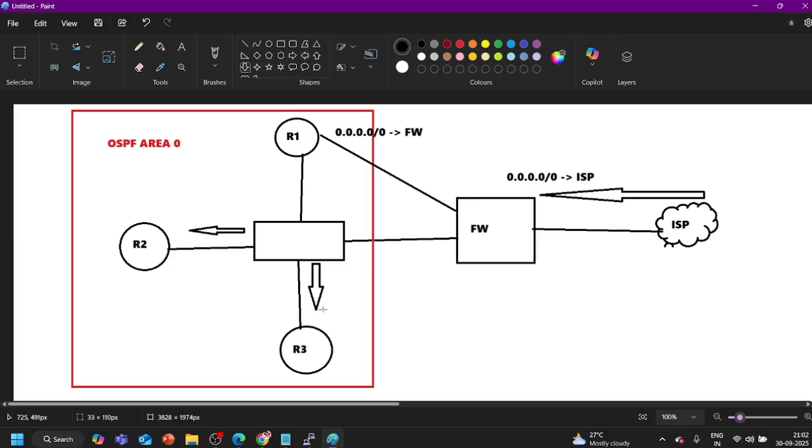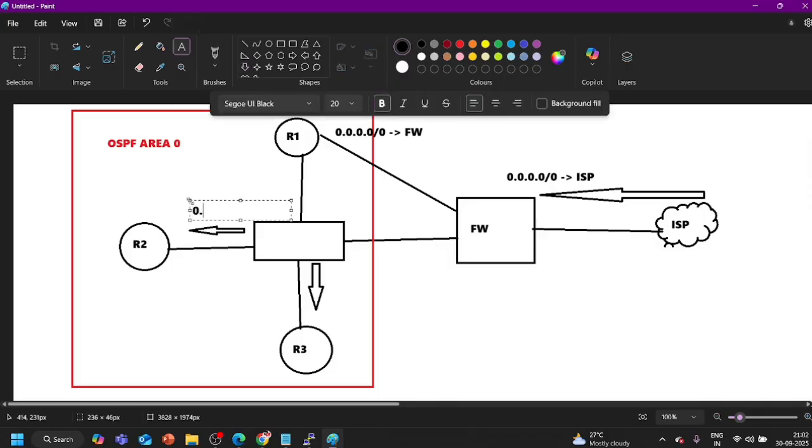If the forwarder address is 0.0.0.0 in this external LSA which R1 is advertising to R2 and R3, then R2 is going to install this default route, or any route coming from the data center via the ASBR router, right? The next hop will be what? The ASBR, R1, 1.1.1.1, or I can say reachable via R1. When a user forwards traffic to the internet,